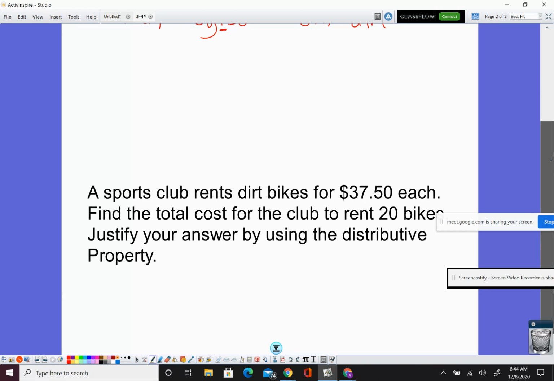A sports club rents dirt bikes for $37.50 each. Find the total cost for the club to rent 20 bikes. Justify your answer by using the distributive property. This would be very similar to the one that I just showed you earlier with buying the socks. We have 20 times $37.50. Well, we can round that to